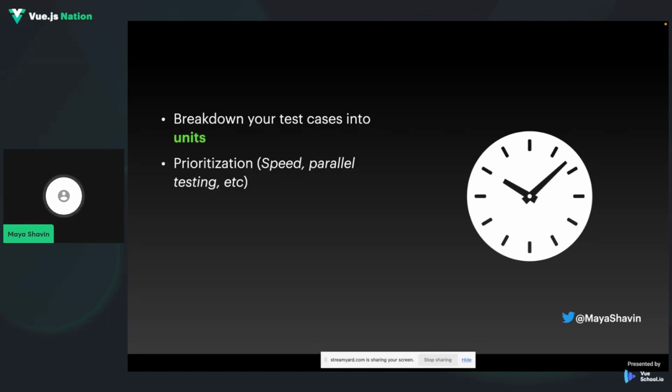But each of them has a different speed, and it can be very frustrating if you're developing features and waiting for the watch mode of a test runner to finish, and it takes forever. Well, I got that with Jest several times. So this is one of the things you need to plan ahead.